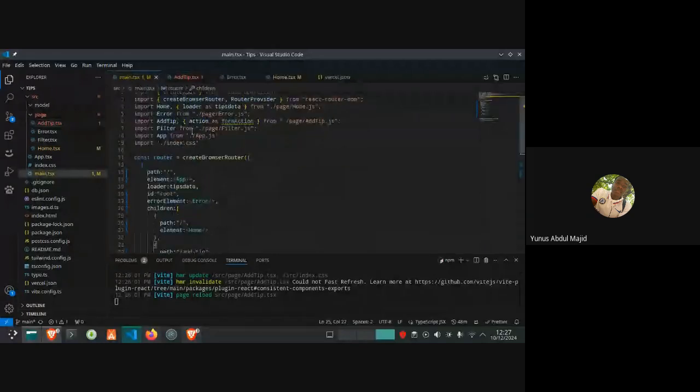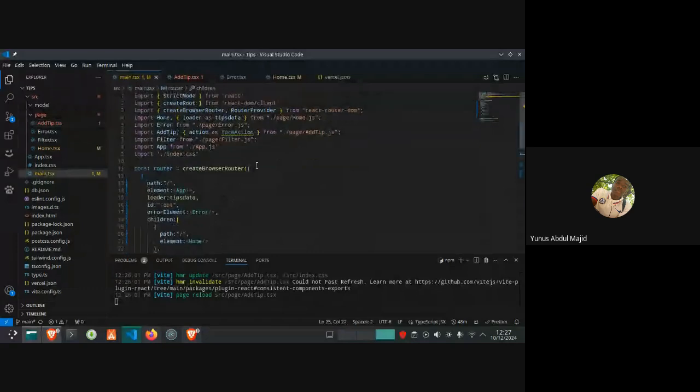So we have covered route and message route using createBrowserRouter here. And this action also is used for form.